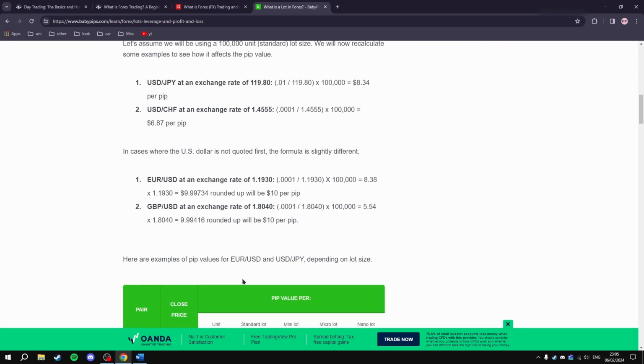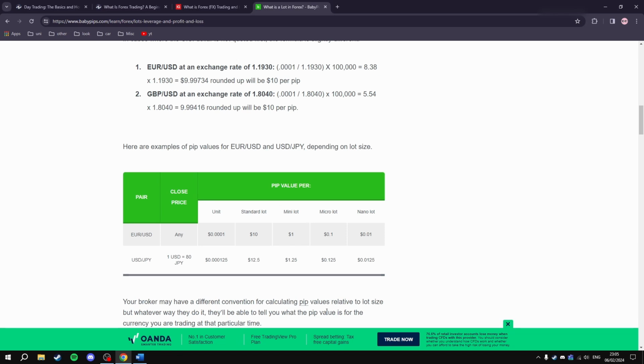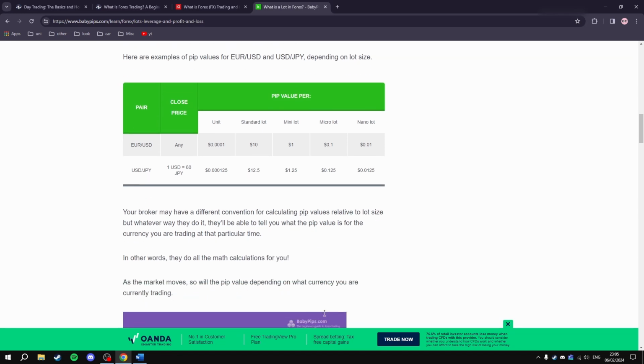Here are examples of pip values for EUR/USD and USD/JPY depending on lot sizes. Pair, closing price, any units, 0.0001, standard lot 10, mini lot, micro, nano. USD/JPY, USD equals 80 JPY, 0.12, 1.25, 10, 0.125, 0.0125. Your broker may have a different convention for calculating pip values relative to lot sizes, but whatever way they do it,